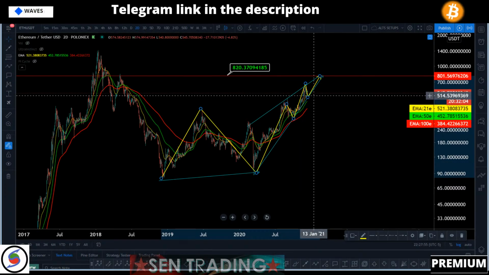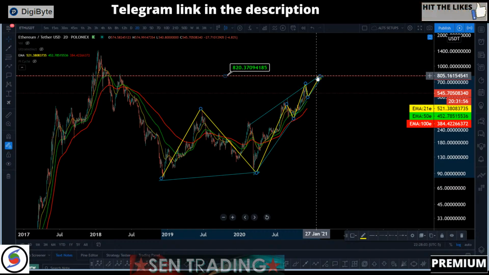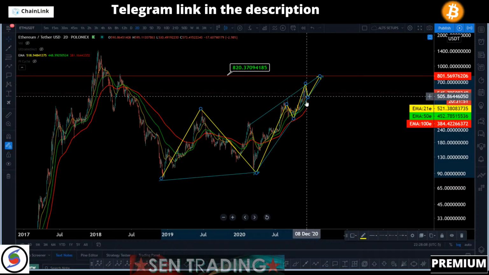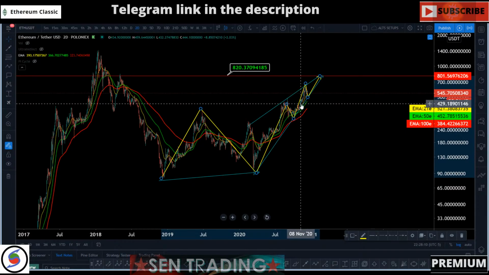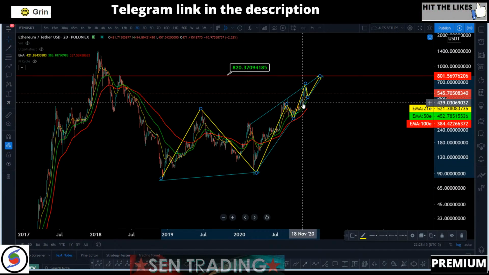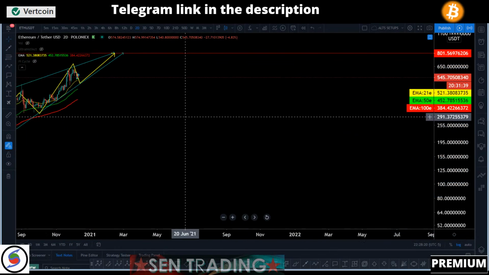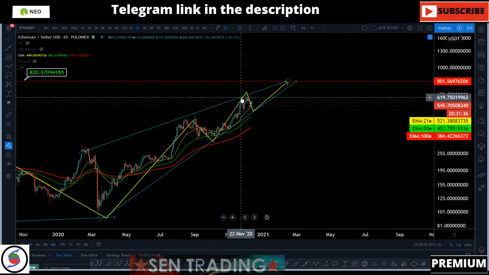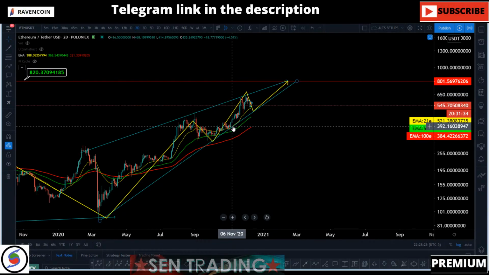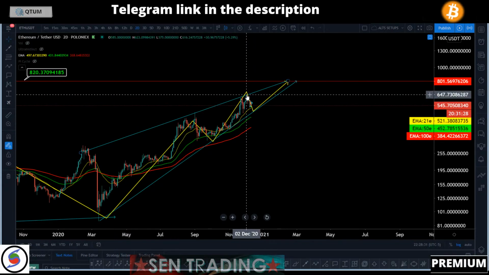We're going to talk about the lower degree. If it finds good support at 500, the next upside target for Ether is going to be 800. If it breaks 600, as I said when Ether was at 400, Ether doesn't have any resistance from 500 to 600. So if we can get a breakout right there, if you're comfortable enough, just suck it up and wait all the way up to 600. We said it, guys. If you were comfortable enough, you just waited, and you would have waited all the way up to the 600 range.